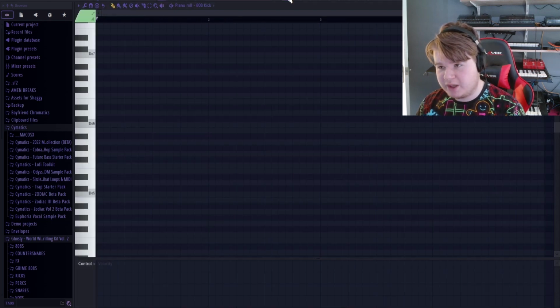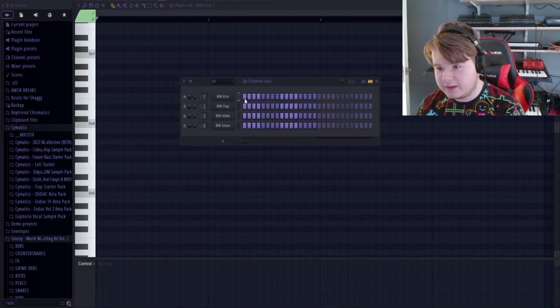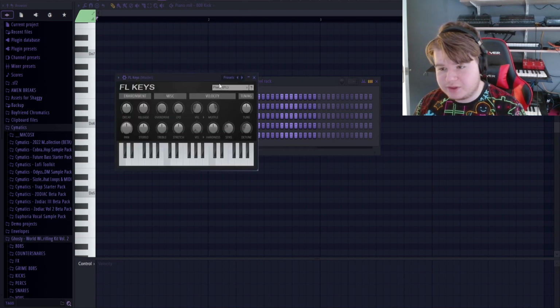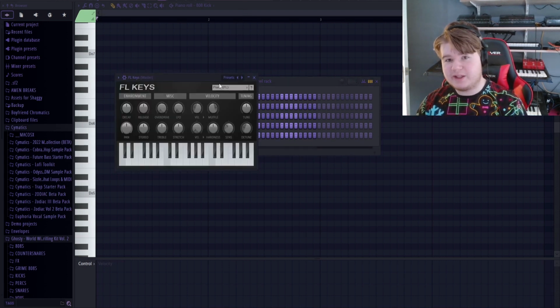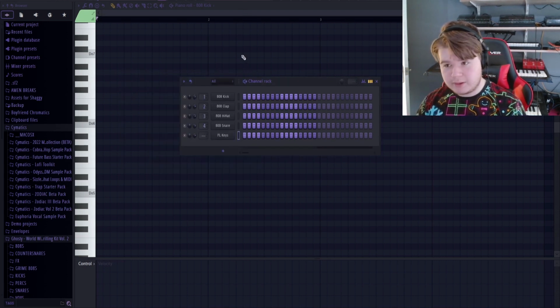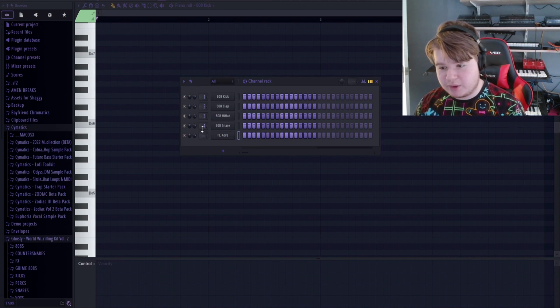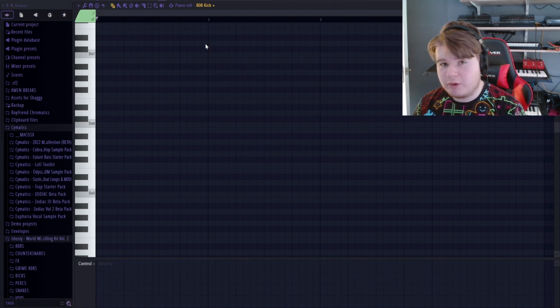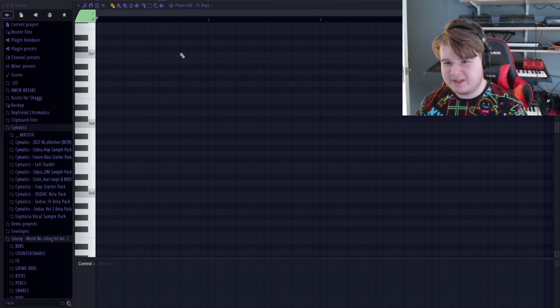You want to open your piano roll, and let's start with a simple instrument. So what I will get is FL Keys, for example. We'll just start with a really simple Fruity Loops plugin. We got FL Keys here. So what we want to do is we want to get FL Keys or any plugin that you want to use